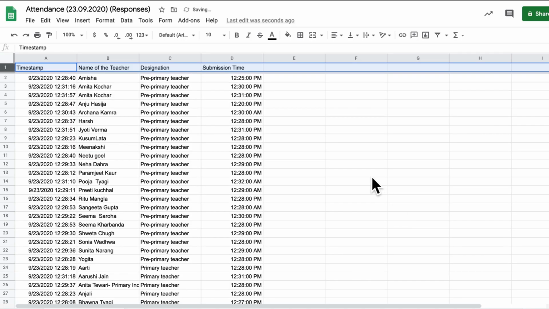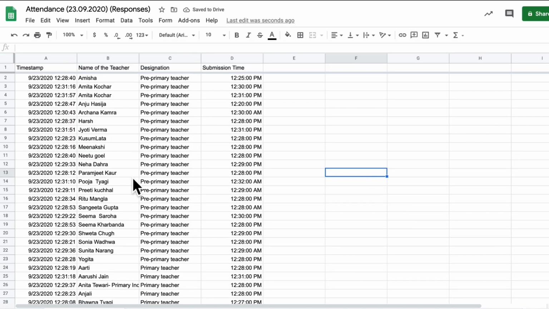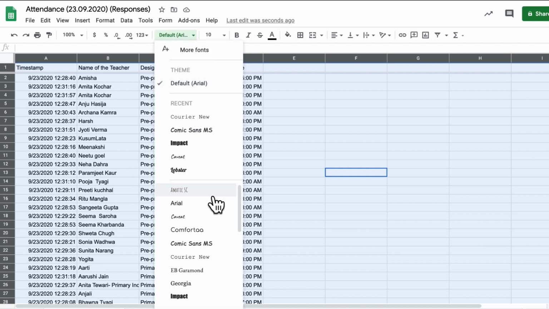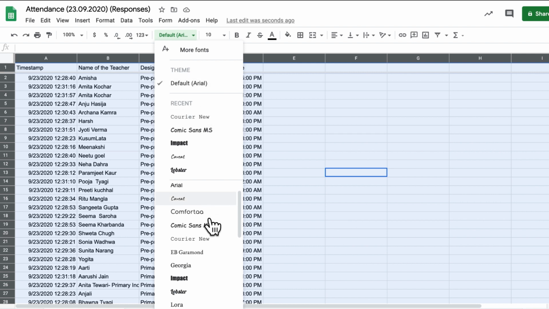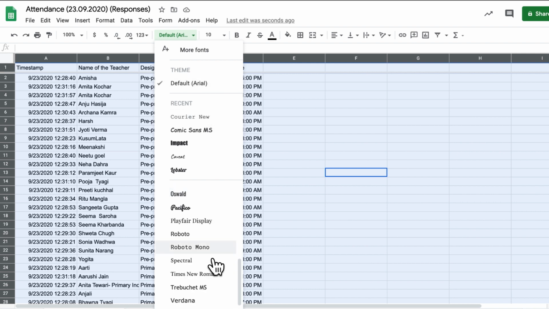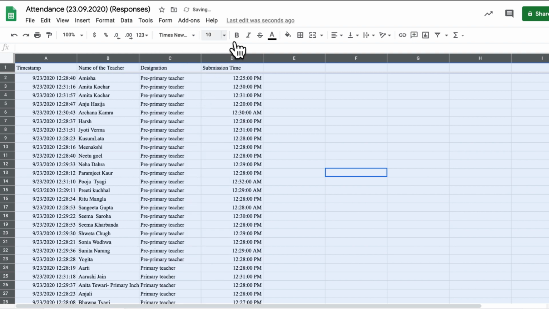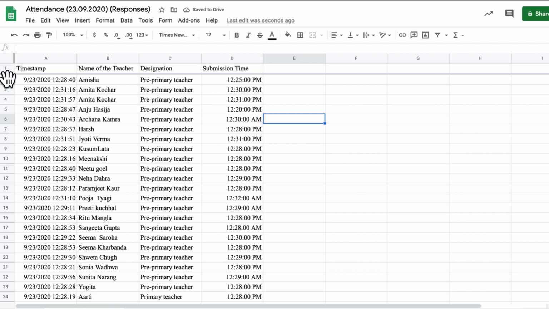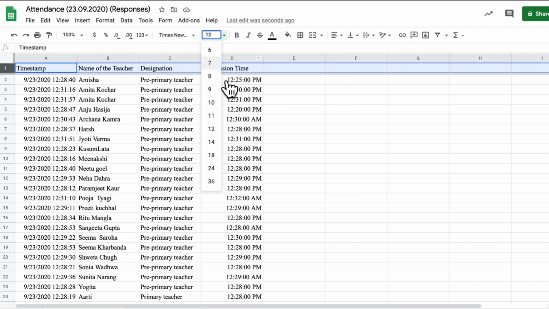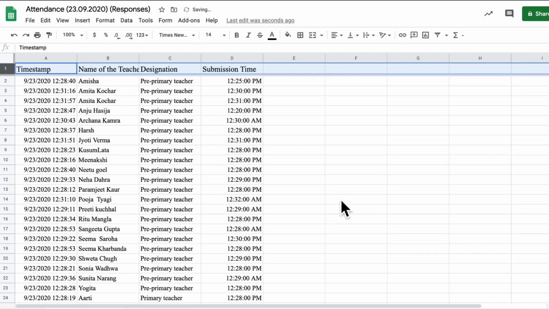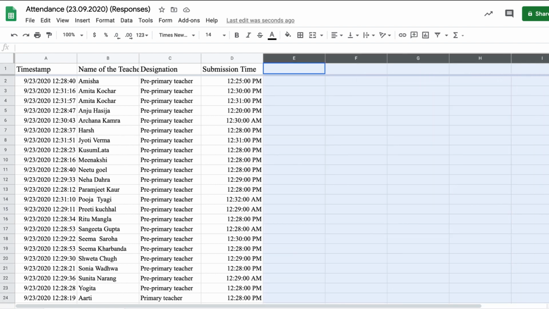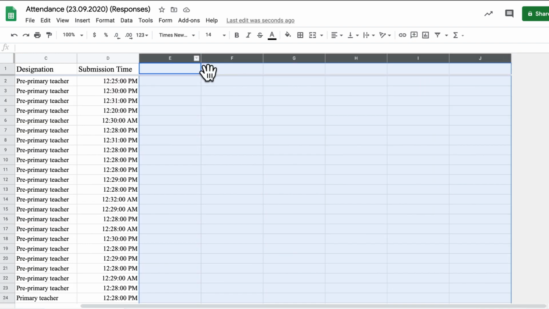So the first thing that we want to do in formatting is font size and the font type. For that, select your document. Press Ctrl plus A to select the whole document. Now choose the font style. Generally, we keep Times New Roman as a standard font type, and font size should be 11 or 12 for the whole document, and for the heading part you can keep it 12 or 14. If you are keeping document size 10, keep your heading 10, otherwise you can take it as 12 and 14.